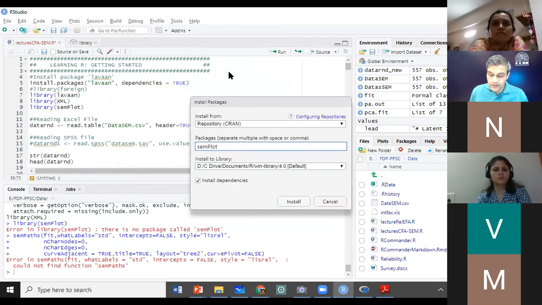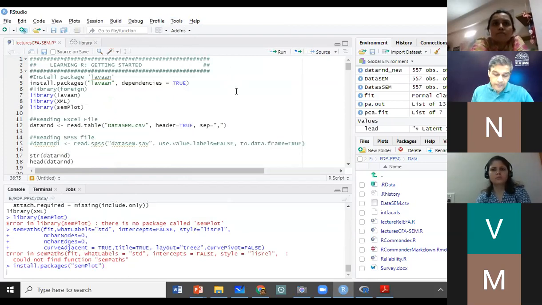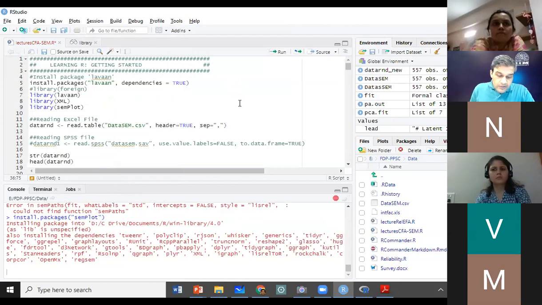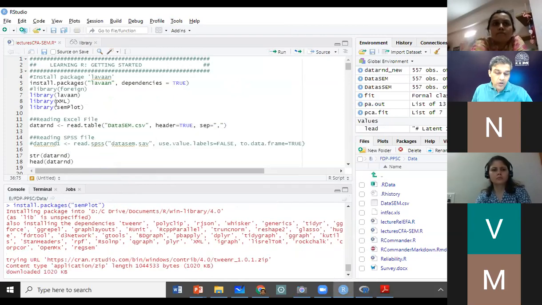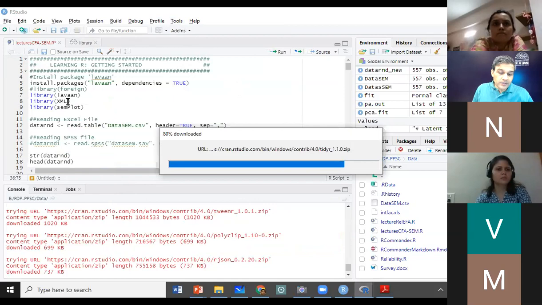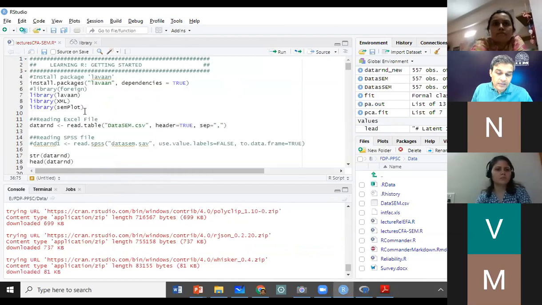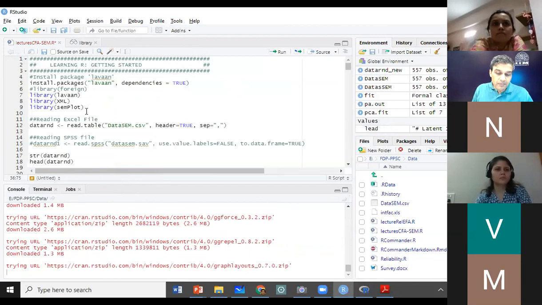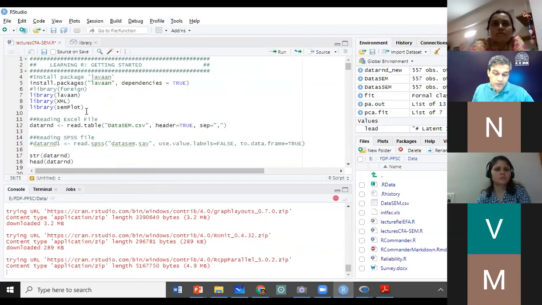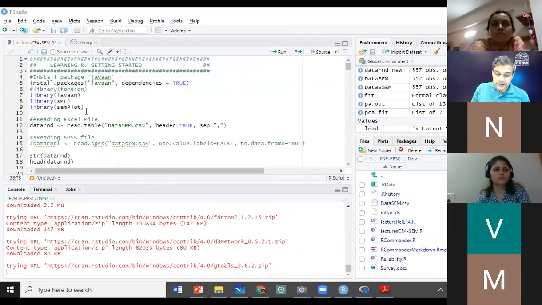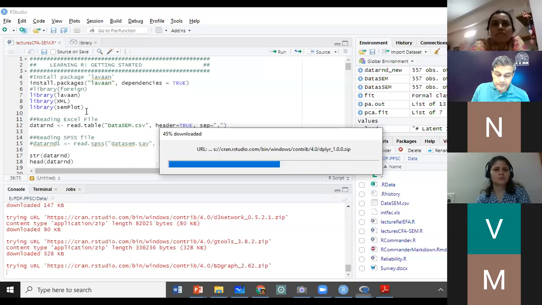We will stop here, and you can install these two packages also, XML and SEM plot. I'm just showing you what is the use of these two packages. It will take some time, so you can do it at your end.